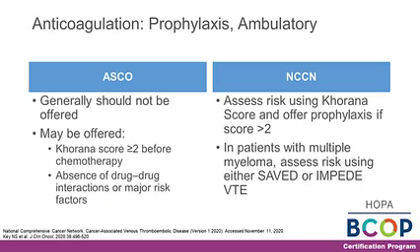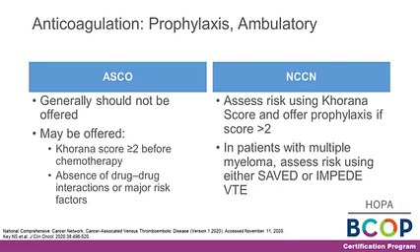When determining whether a cancer patient could benefit from VTE prophylaxis, it's important to consider the setting. For our ambulatory patients, ASCO generally does not recommend VTE prophylaxis. However, they do state that apixaban, rivaroxaban, or a low molecular weight heparin may be offered to those with a Khorana score of 2 or higher prior to chemotherapy, and in the absence of any significant drug-drug interactions or major risk factors for bleeding. NCCN more strongly words their recommendation in favor of VTE prophylaxis, specifically for those with a